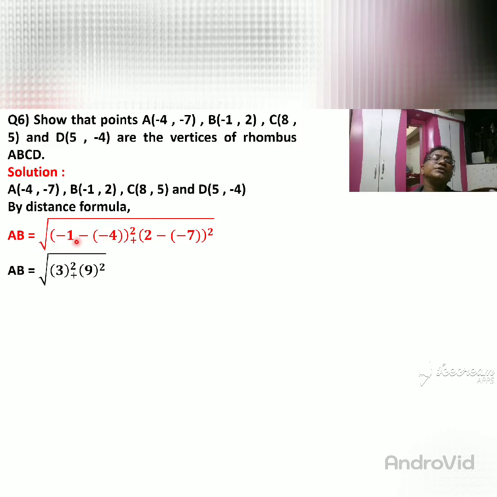4 is positive, 1 is negative. Signs are not the same, so subtract 4 minus 1. What remains is 3. The bigger number's sign is positive, so plus 3. Do you understand? Because of the negative sign outside the bracket, minus 4 becomes plus 4. 4 is positive and 1 is negative, so signs are not the same, so you get plus 3.